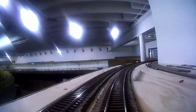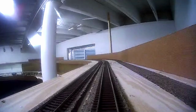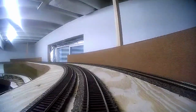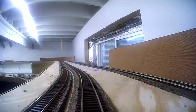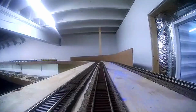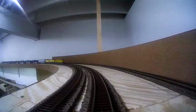I was thinking about putting a seam divider here between the Pocatello Sub, which will go on that roadbed, and then now you can see there is some track there. That's going to be the Pocatello Sub. I was going to put a seam divider there, but as I'm thinking about it, I think I'm just going to keep it visible. That'll be a lot better operationally, and when you're at Granger, you can see the Pocatello Sub is right there, alongside the Evanston Sub for quite a while,